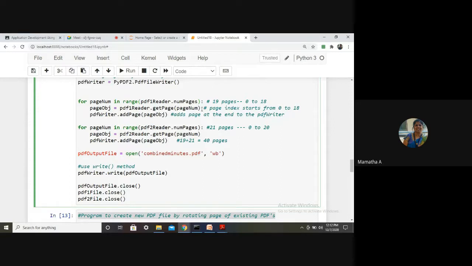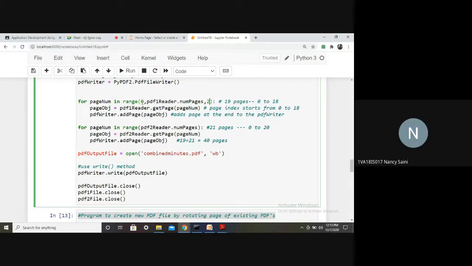Range, start with 0, comma, PDF reader, comma. What step value should I give for odd pages? Sorry, even pages. Let me assume it is even. So what step value will I give, students? 2, right?